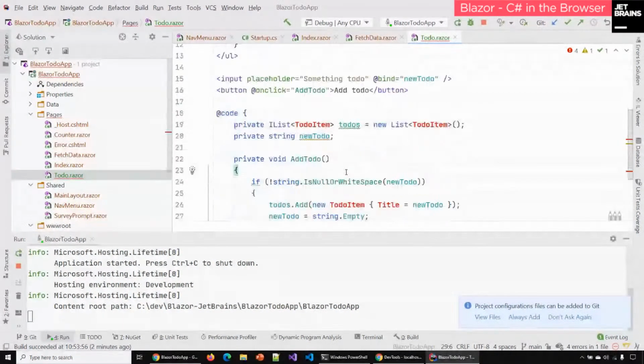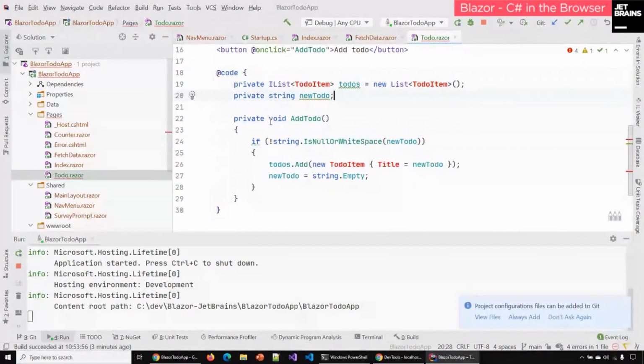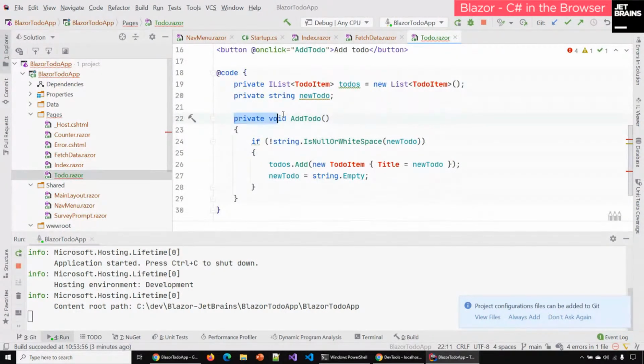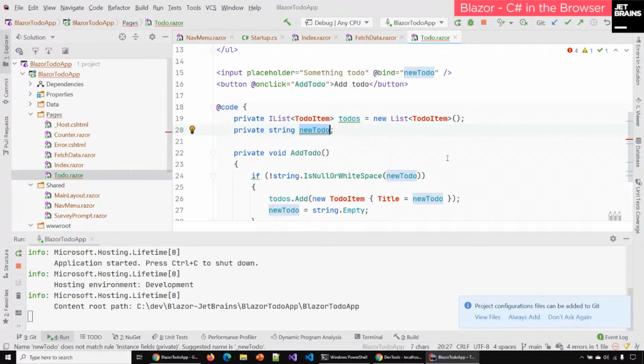If you look at the actual code, we're creating a to-do item with the to-dos, creating a new to-do. Then we have this add to-do method, which gets called right here on this button's on click. You can see this @bind here: the new to-do is getting bound to the string right here. So when you type something into the text box, the value gets passed into this string member here, in the data fields.